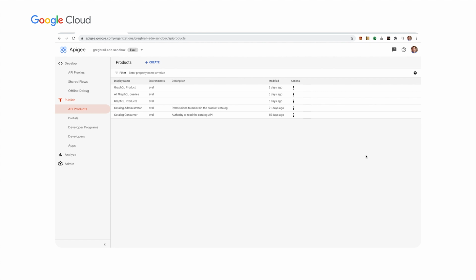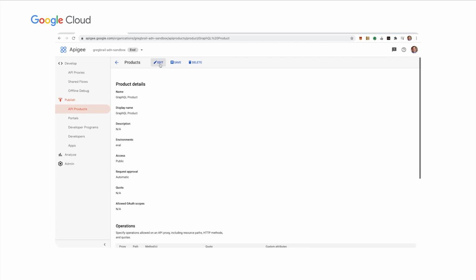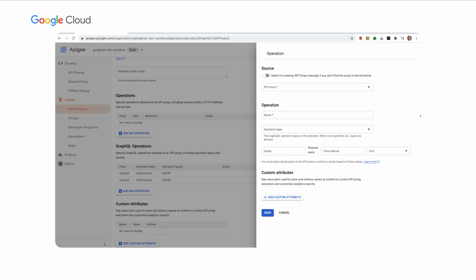First of all, Apigee has always had API products. They're key to API management because they let you package up an API without changing the back end into different combinations of functionality, different quota settings, and even different aspects like security depending on who's consuming the API. We've added GraphQL support to API products. So now, in addition to filtering on URL paths and verbs like we could before, we can also filter on, for instance, the GraphQL operation type, like whether it's a query or mutation. And we can set different quotas for different products like we always could.